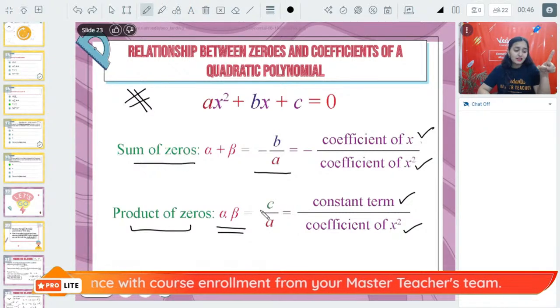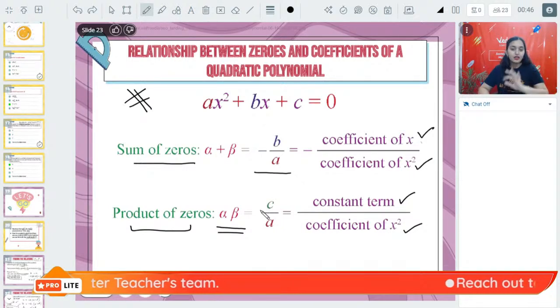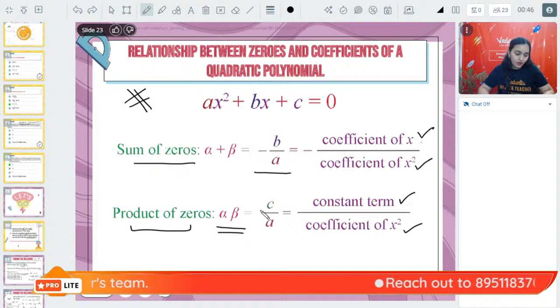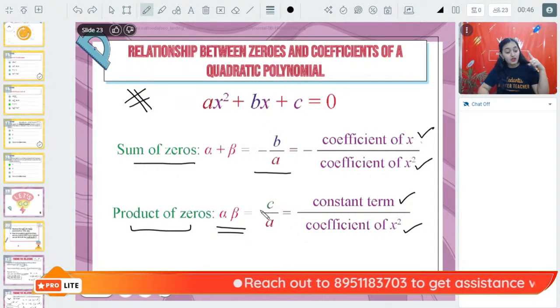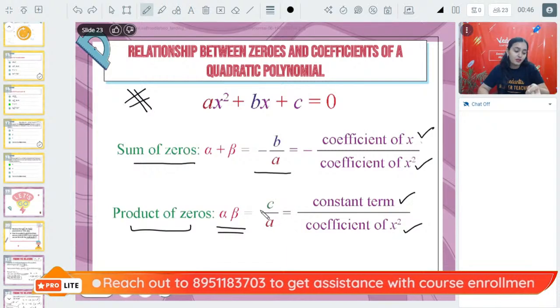Now all the students who have not understood this, let us solve one example. Shlok, let's do one thing. Let us do one question. You will be able to understand what I am saying over here. Okay? That will be cubic polynomial, na Priyanshu. Now we are talking about quadratic polynomial. Okay?